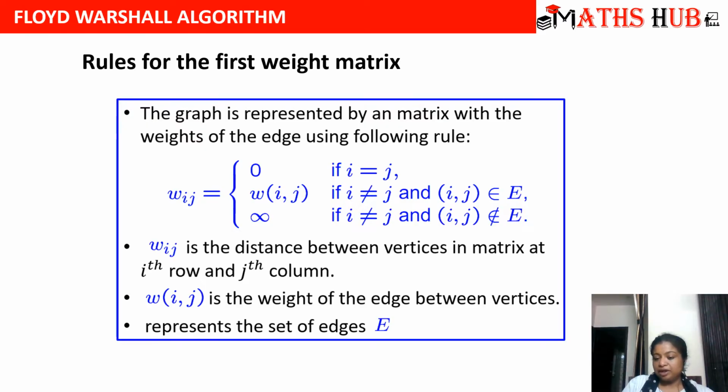When i is not equal to j, then we will have the weight wij. And when that edge is not there in the edge set, then that weight will be infinity, right? These are the rules for the first weight matrix. So the weights can be either 0, some finite weight, or infinite,